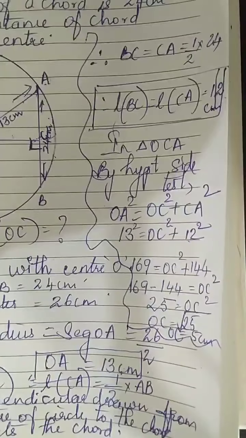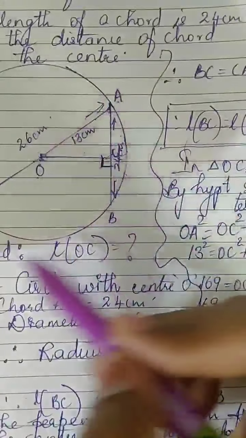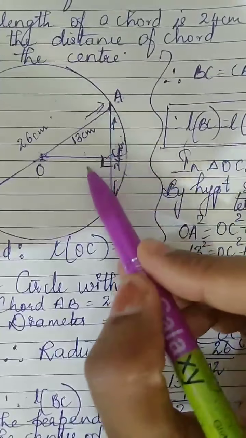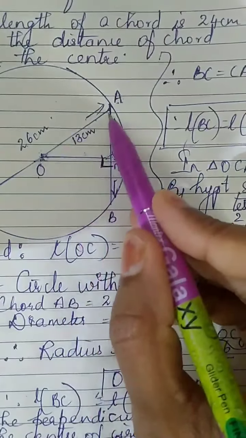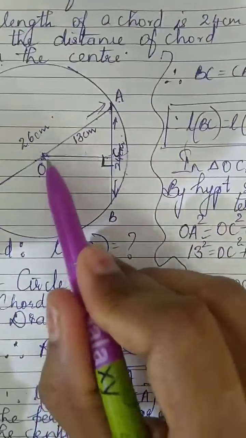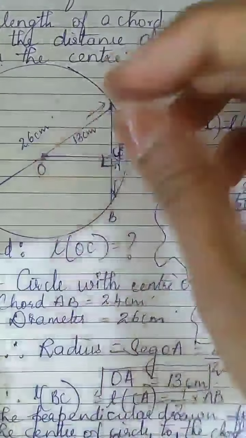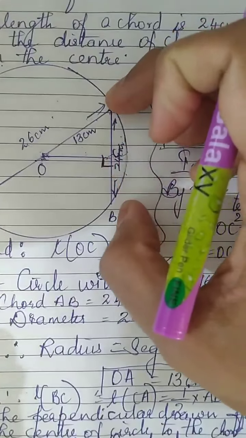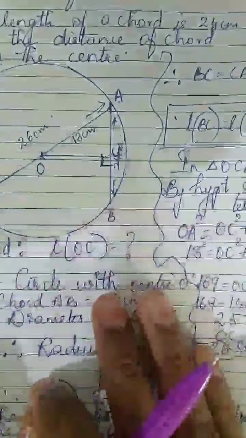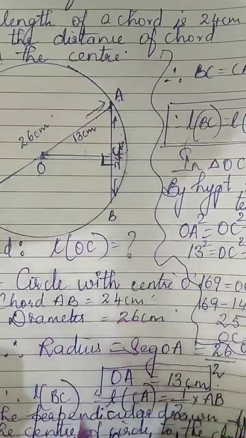Okay, so second sum also you got it easily. Mainly in all the sums you have this figure. You will have a right angle triangle. Either they will give you the radius or you have to find the radius, or they will ask you to find the distance of chord from the center, or they will ask you to find the length of the chord. Any one question will come surely out of this for your exam.